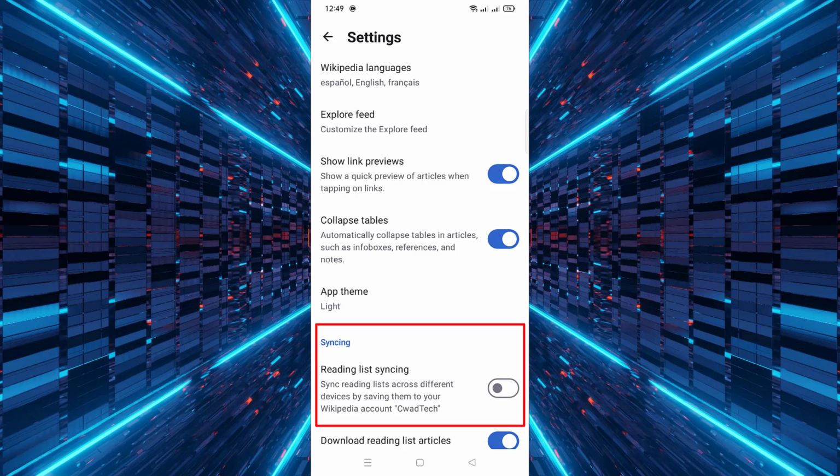Turn on the reading list syncing by toggling the switch. This will enable synchronization of your saved articles across devices automatically. That's all there is to it. Now your Wikipedia reading list will stay synced across all your